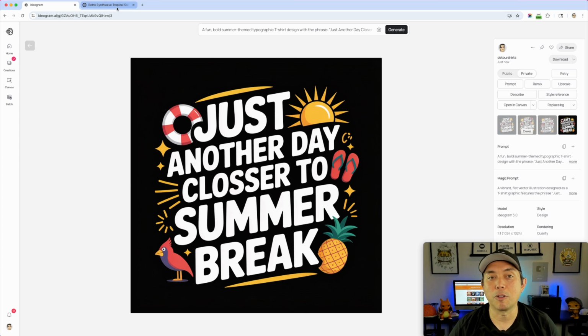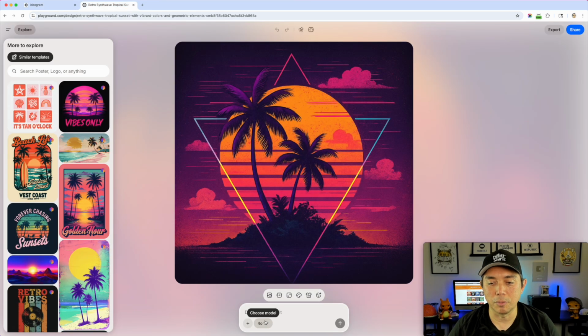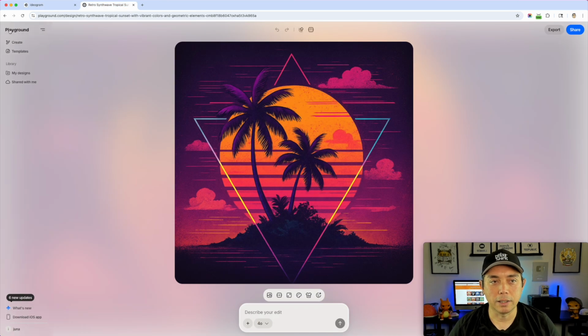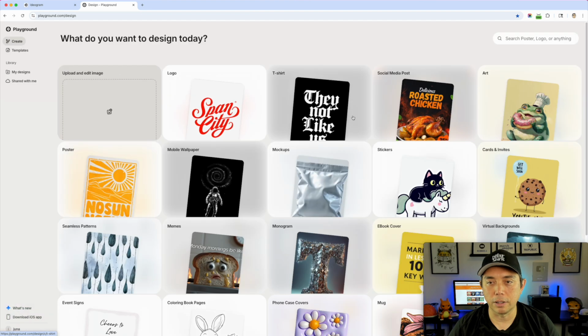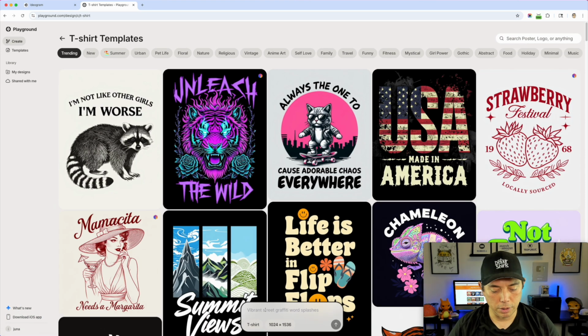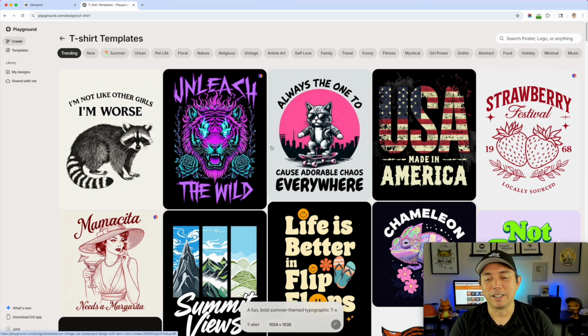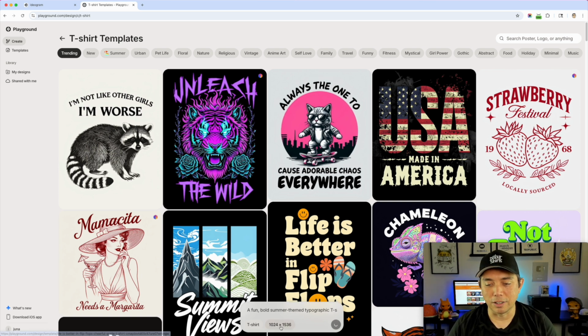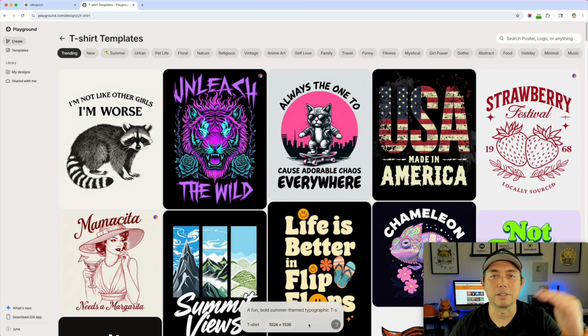Let's see how Playground does with this. So I'm going to come in here. I'm going to go back to Playground, hit t-shirt, and put in my long prompt here, you can see, and I'm going to hit go. And oh shucks, I forgot to change this to 1024 by 1024. That's okay. It's going to be a tall one like we did last time, but I think that's going to be okay, especially because there's a lot of text.